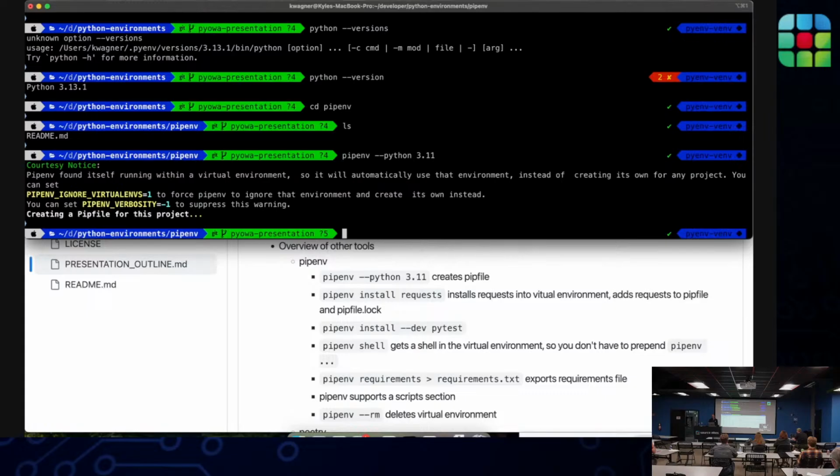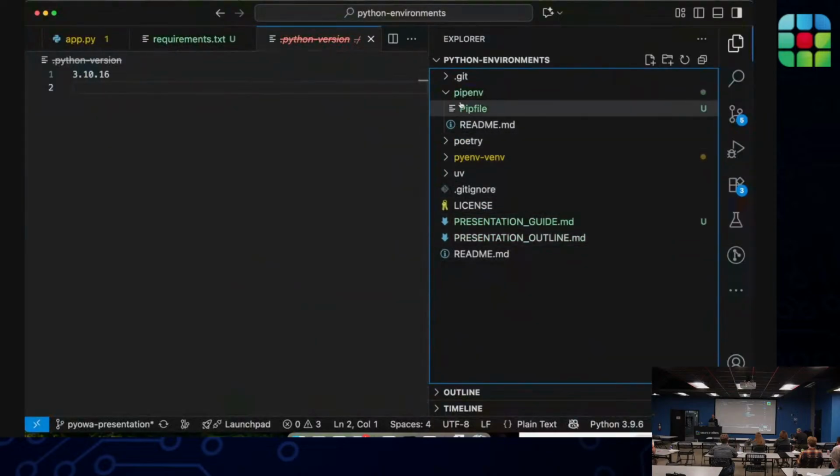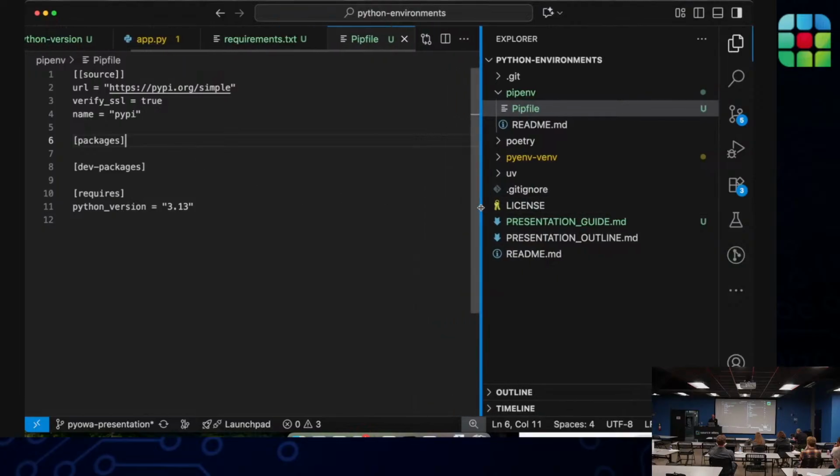Okay, so it says it created a pip file. So a pip file is how you track your dependencies and the other things you want defined for your Python project. So we can see here it has this syntax with a few different sections.